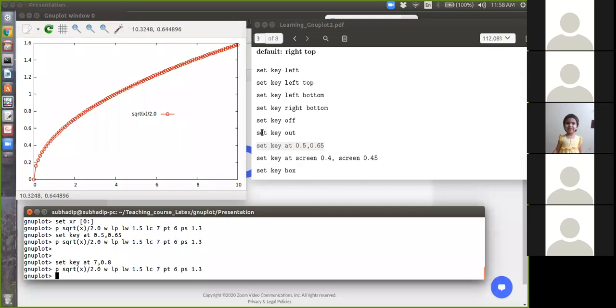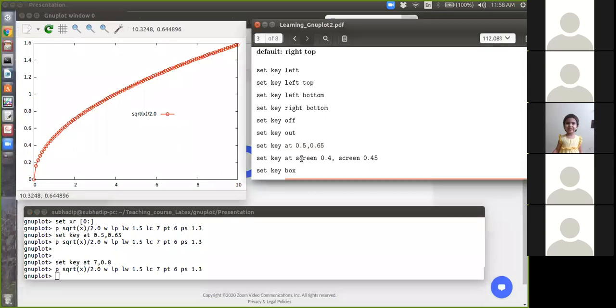There is another similar command, set key with the screen. It will take the whole screen. It doesn't matter if the x-axis is 10 or anything; it takes this as 1 and this as 1. Then you can place the key somewhere in between on the screen.